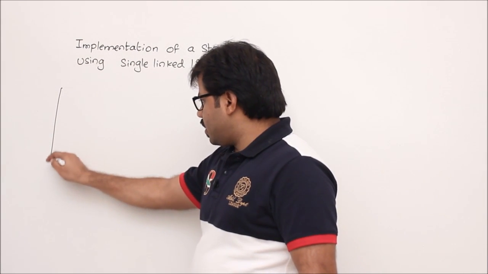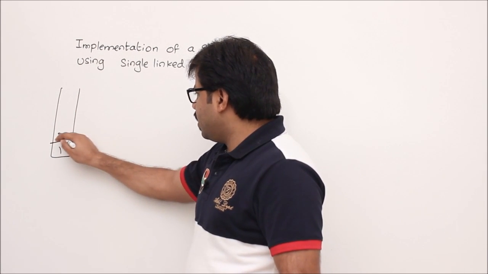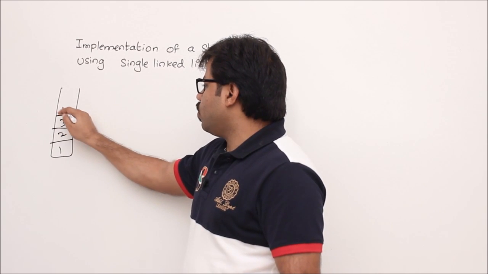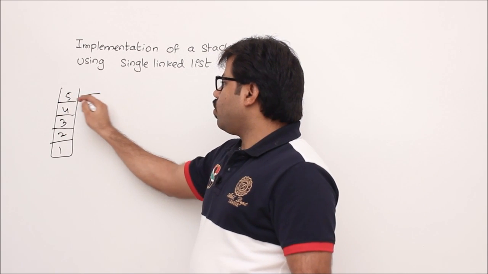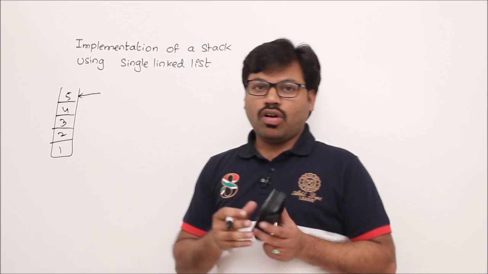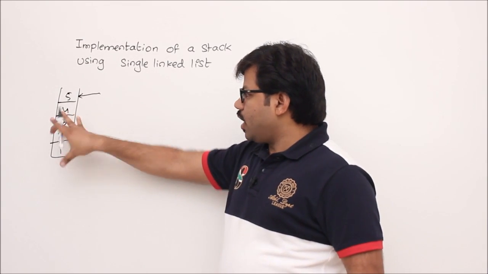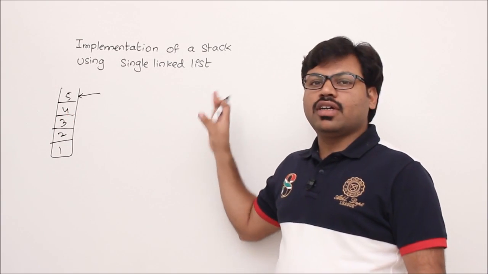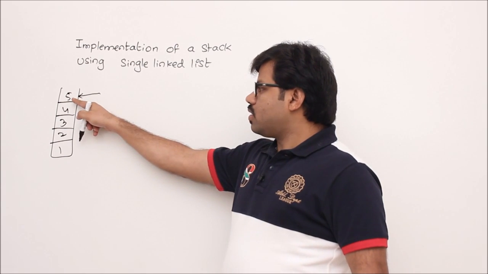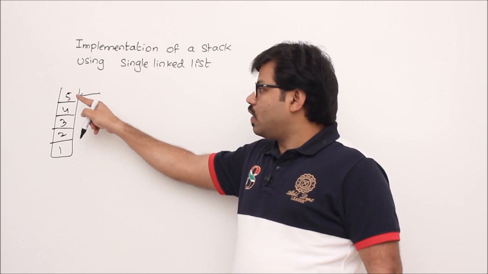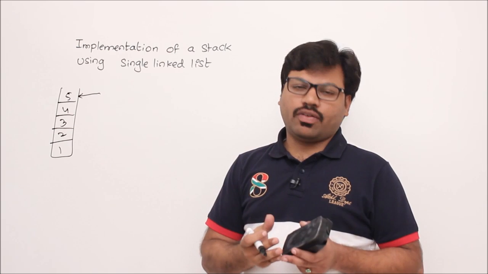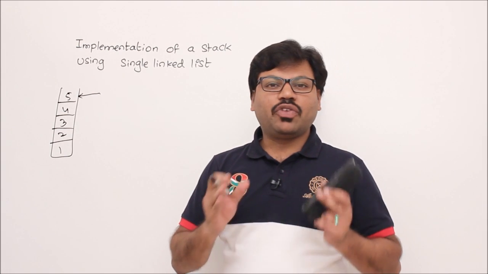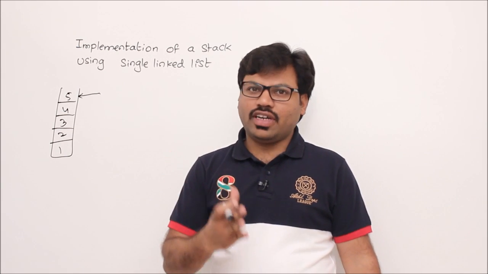First we try to understand stack. In stack what is happening is we are storing the data like this, right? 1, 2, 3, 4, 5. After that we have to delete the recent data. Then somehow you try to collect this data using linked list nodes, but in such a way that you always have the top element in front of the list. If you do that, it will be easy for you to delete.